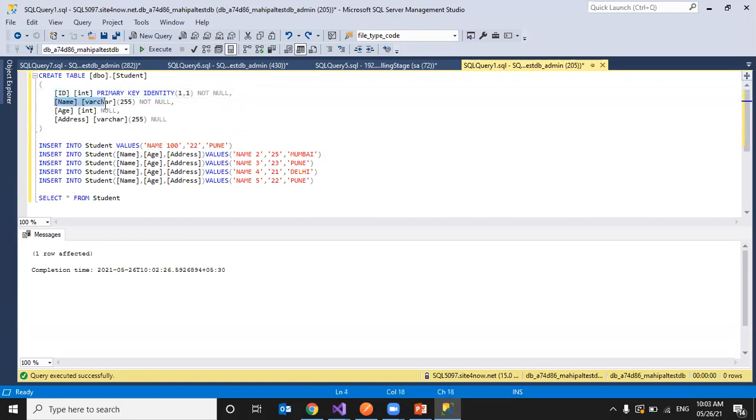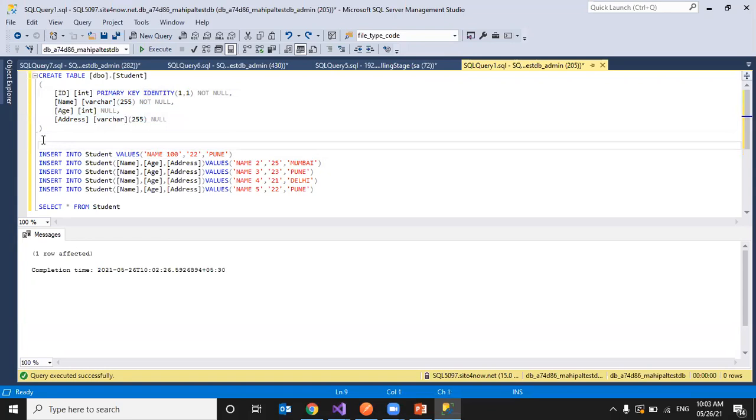Now here, I can specify name, age, address values directly, and I can insert. This is one way, and this is another way. We can try like this also. Insert into student. I want to insert the name column, just specifying that name.